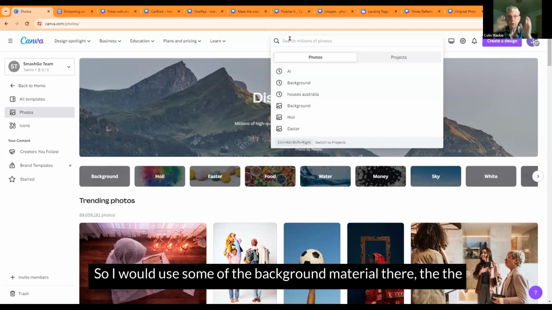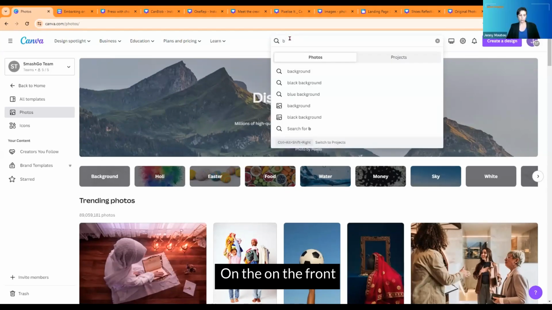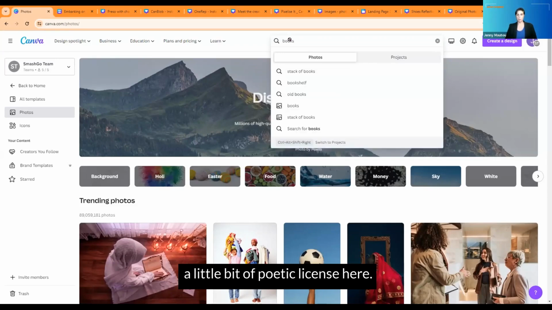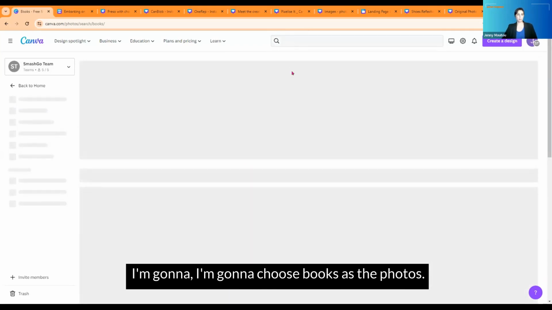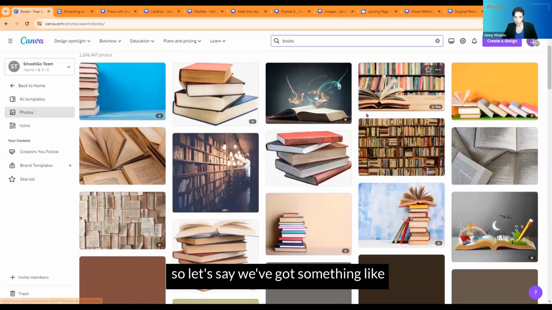So I would use some of the background template, but I'd want to put my own product in front of it. Yeah. All right. So allow me to have a little bit of poetic license here. I'm going to choose books as the photos. So let's say we've got something like,